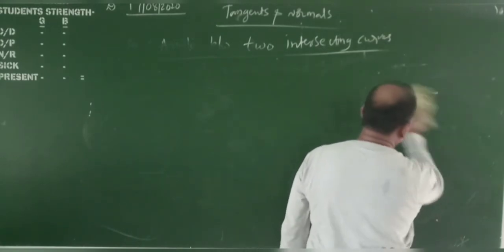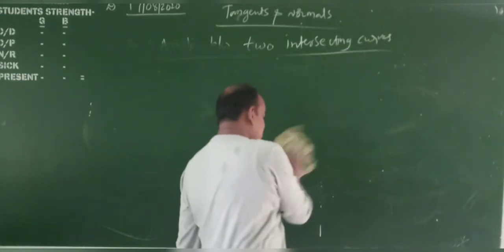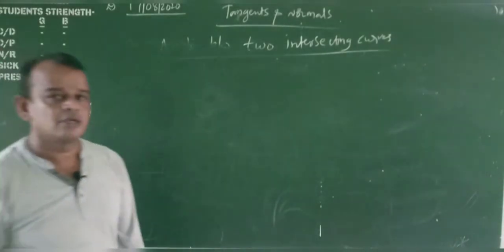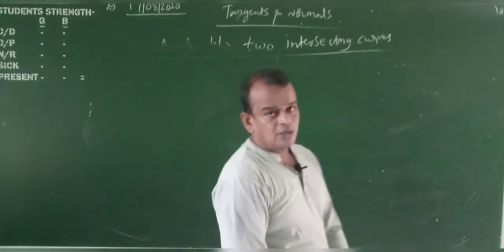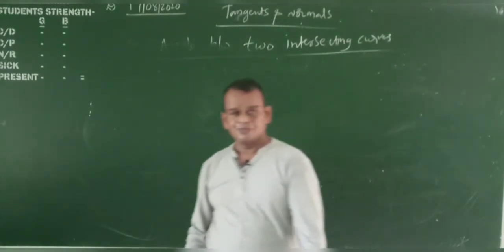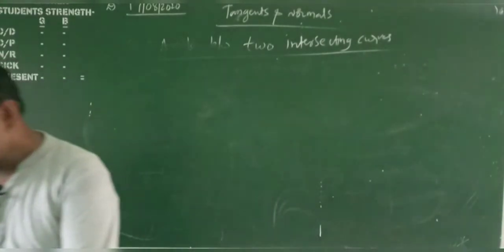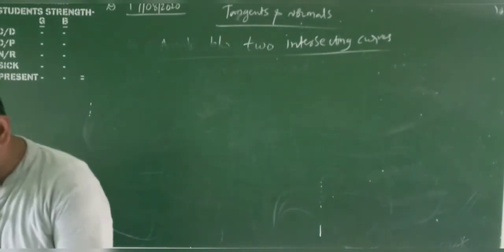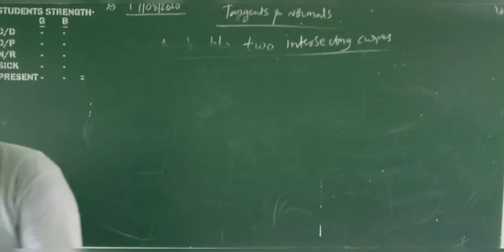Okay. Now m1 into m2 or m1 is equal to m2, you will observe if the slopes are equal, it means the curves touch each other. m1 into m2 is equal to minus 1 means the curves must be perpendicular to each other, which means orthogonal. Okay, show that the curves,